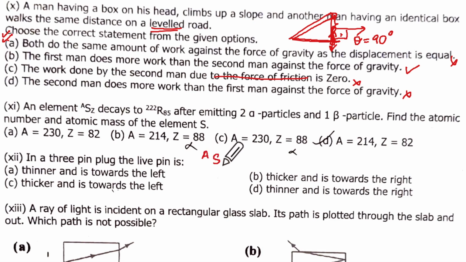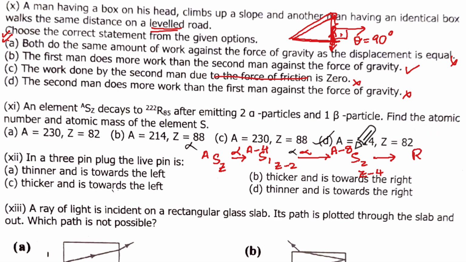Your S, A and Z. It is going to emit first an alpha, which means it becomes S1. This will be A minus 4 and here it will be Z minus 2. Then again there will be an alpha particle, so it will become S2, and A minus 4 means minus 8, and Z minus 2 means Z minus 4, and it's going to become